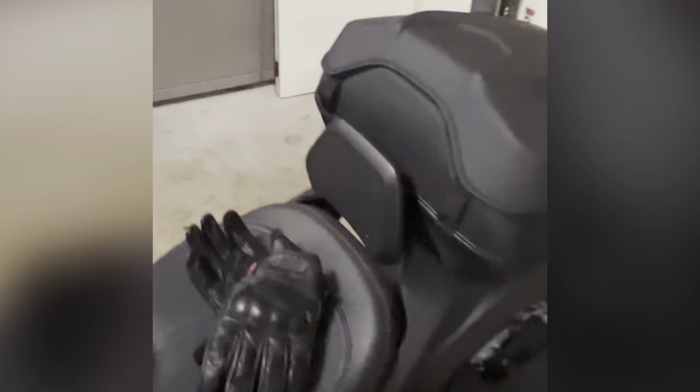And then I added the Max mount, which is this piece here that's needed in order to use any accessories. And I right now have gone with the Link Q top case, which is a really nice case. And then that just kind of snaps closed like that. And I have the one-up backrest. Now, unfortunately,